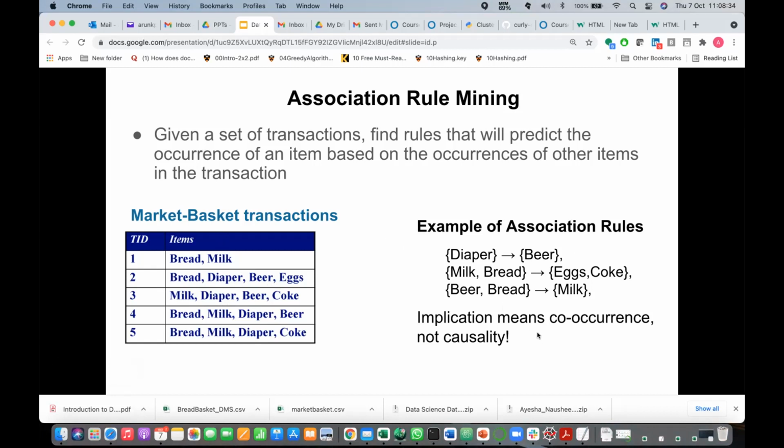In other words, it is also called co-occurrence. Implication means co-occurrence, not causality. If you see repeatedly the same composition, it is co-occurrence, but there is no reason. People try to find out why they purchase. If they want to find out reasons, they can try, but there is no specific reason why, when they purchase diaper, they purchase beer, or when they purchase beer, why they purchase diaper. Then people may come up with their own reasons why people tend to purchase them together.